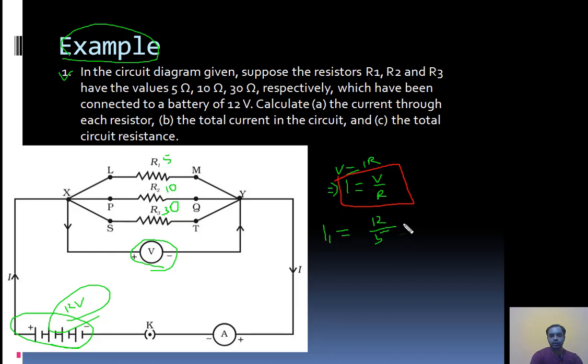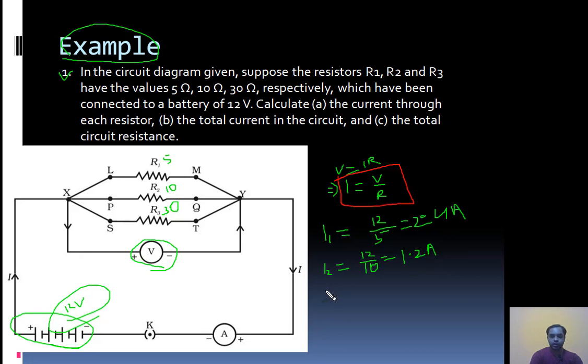12 by 5, 2.4 ampere. Okay. Then I2 will be equal to 12 divided by 10. What is 12 divided by 10? 1.2